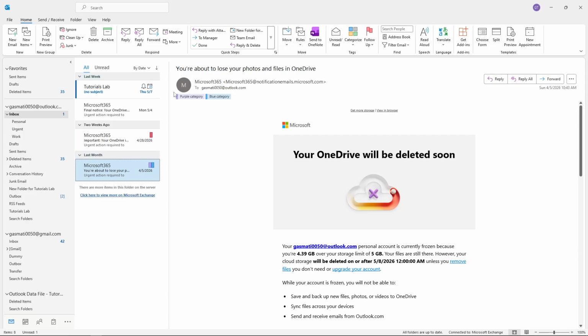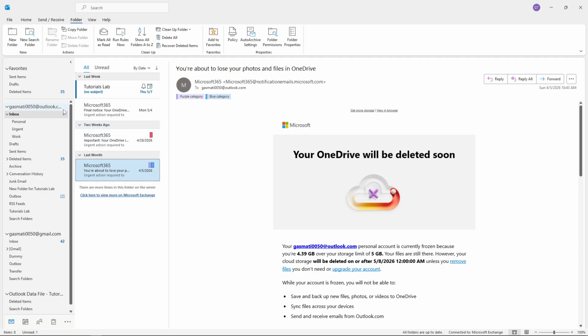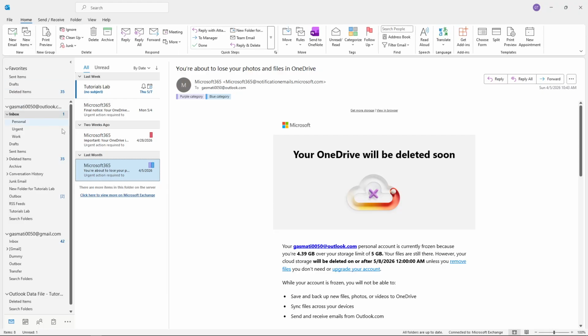Today I'm going to show you how to show the total number of emails instead of unread emails in Outlook. So I'm starting by opening my Microsoft Outlook app and logging into my account so all my emails can load in. Once everything is loaded and I can see my inbox, I'm ready to change how the email count is